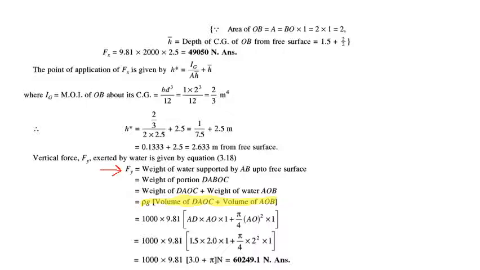So as we know, the above rectangle is 1.5 meter deep and 2 meter in width, and into 1 for the perpendicular dimension, and the quadrant will be area of a circle, pi r square divided by 4, so pi by 4 r square into 1, and it is submerged in water, so density is 1000. So using that you can compute this Fy. So this was asked to find out the components Fx and Fy.